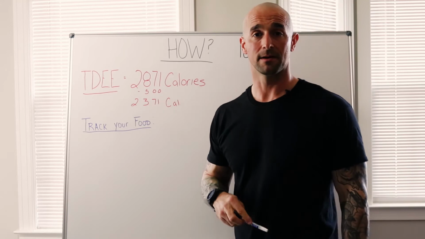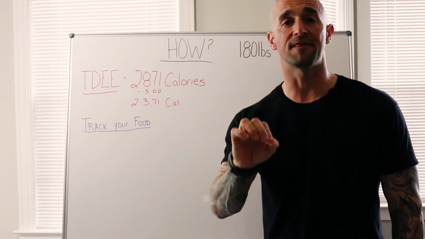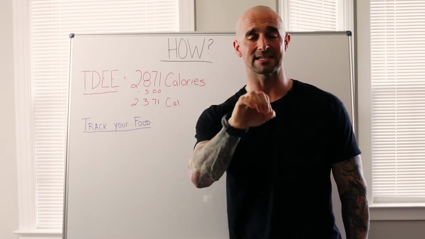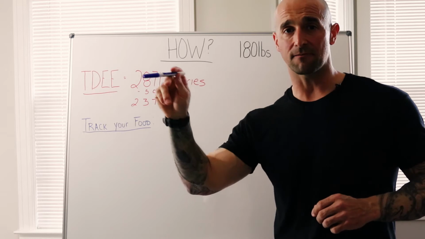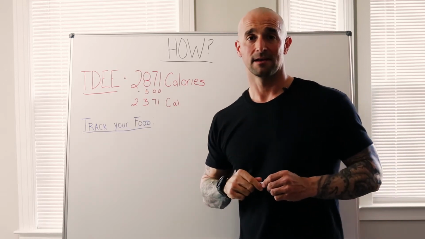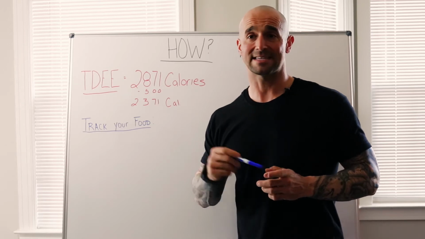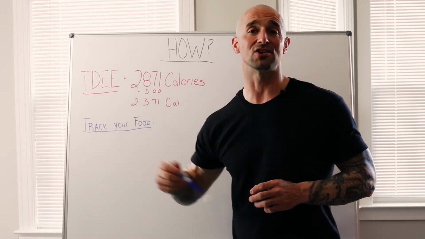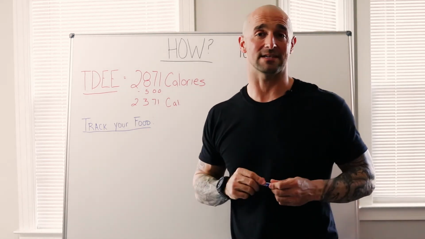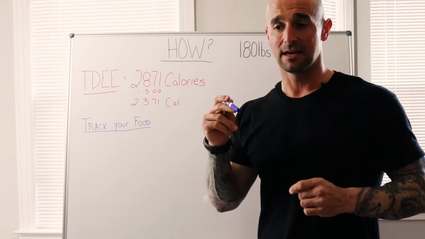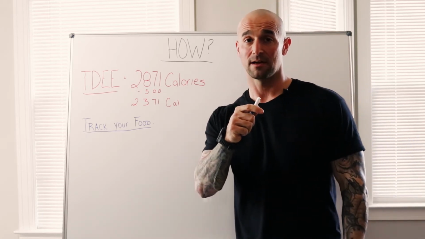Why does that help? Number 1, no matter who you are, you think you eat less than what you really do. You think the salad from Panera is, well, it's what, 300 calories? No. It's 6, 7, 8, 900 calories. It just is what it is. There's a lot of hidden calories in all of our food, especially if you eat out.